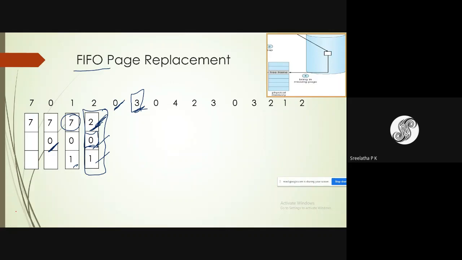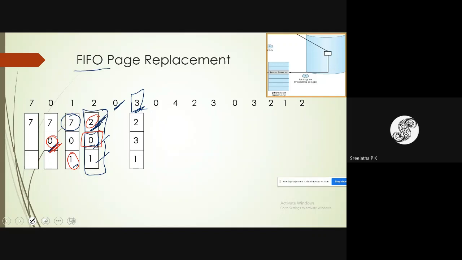Out of 2, 0 or 1? Page 0 had come first. By the diagram itself you can see 2 is here, 0 had come here and 1 had come here. So 0 has come first. Hence page 0 is selected as a victim page and that page is replaced by page number 3. So this is first in, first out page replacement.